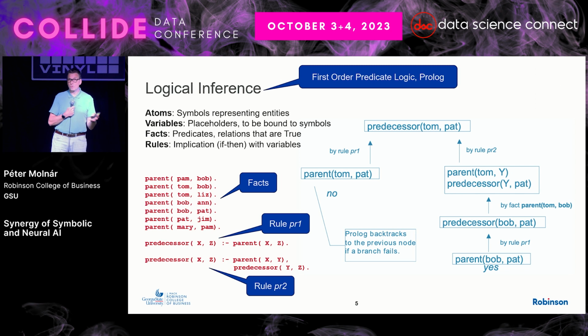You can write numeric programs with it, but it would not be the most efficient way to do that. But the idea is representing knowledge, and then a way to develop reasoning from it. What you see here in this example is very simplistic, but let's say we have some type of entities, and we just call them Pam, Bob, Tom, Liz, Anne, symbols representing people. And then we have a relationship between them, called a predicate, like a parent. So Pam is a parent of Bob, and Tom is a parent of Liz.